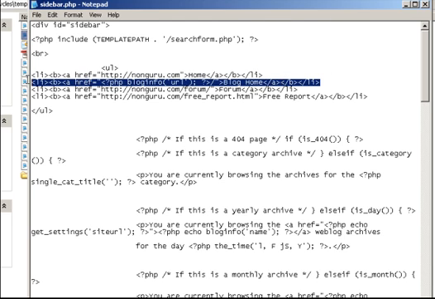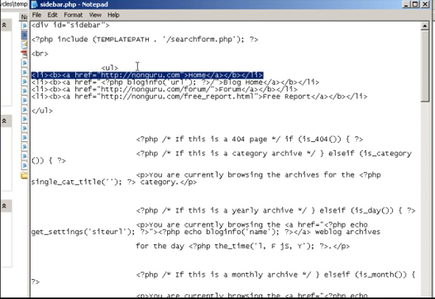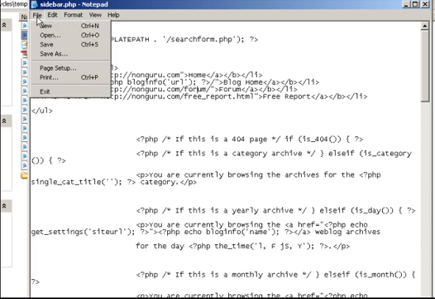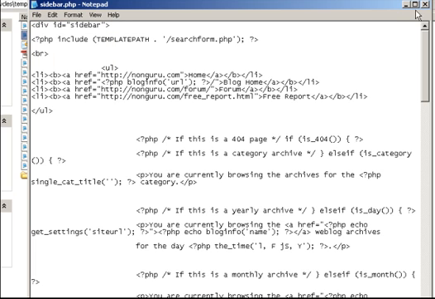This is a part of a list. Okay, the LI, that's a list item, and it's bold, so I just left that bold and integrated the other ones in there. So you've got a link to the home page, and then below the link to the blog home is a link to the forum, again using that absolute URL, and then below that we've got the link to the free report using that URL. So let's go ahead and save that file, and now we're